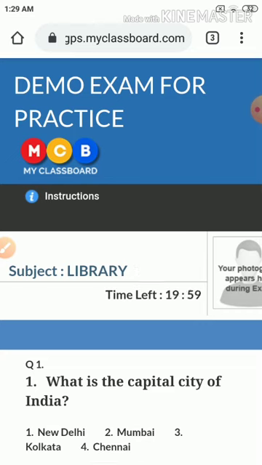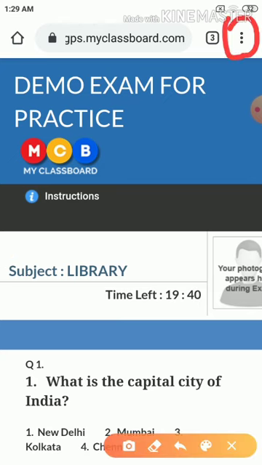Now we'll move to a new page. This is a mobile view again, so we have to change from mobile view to desktop mode a second time. Again, right side top corner, 3 dots are there.